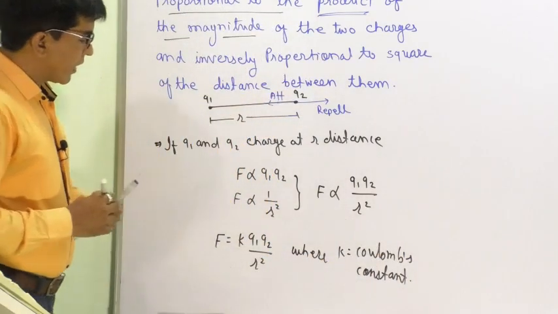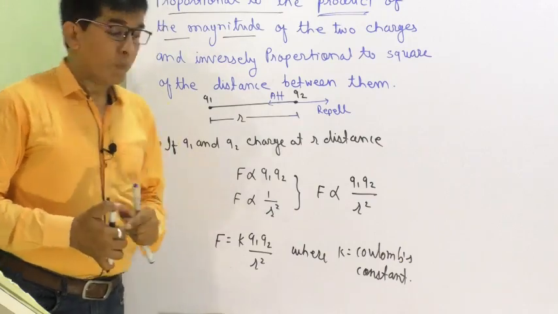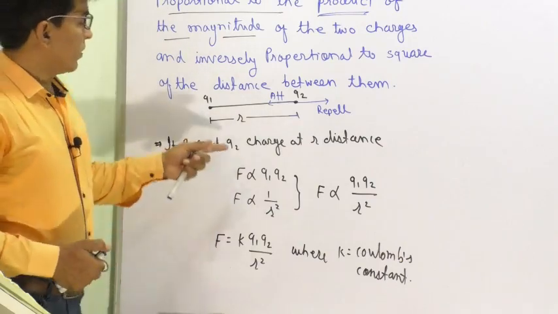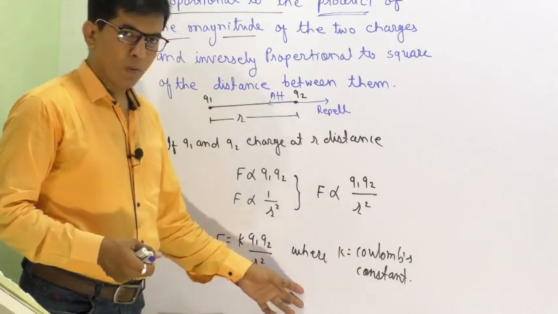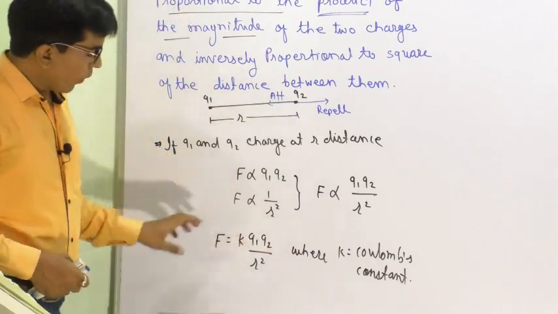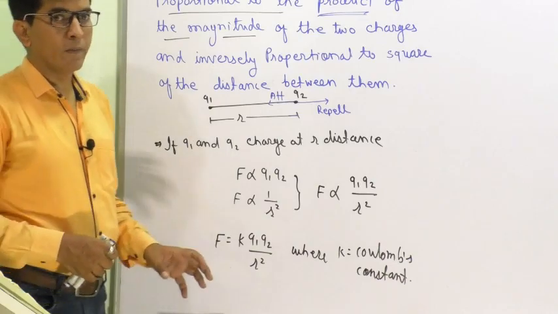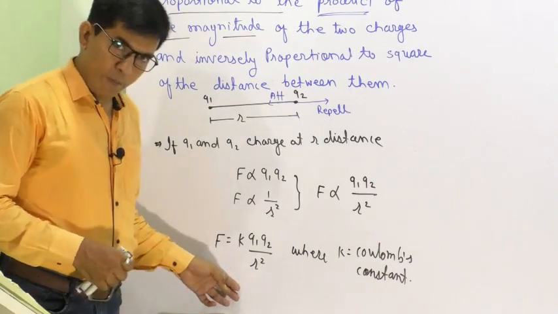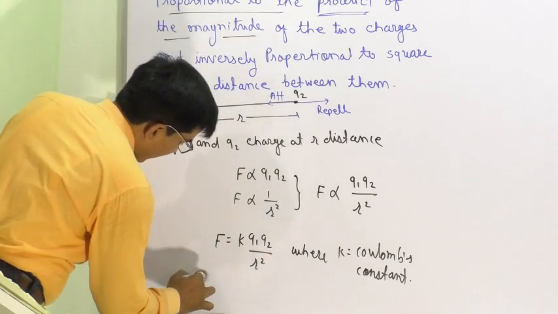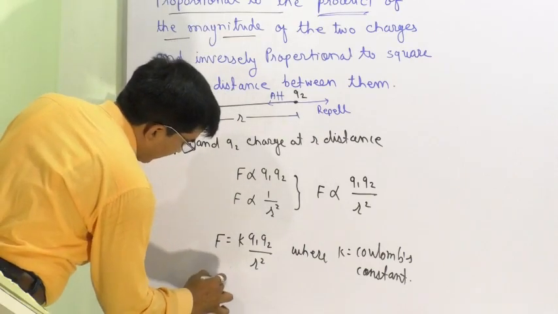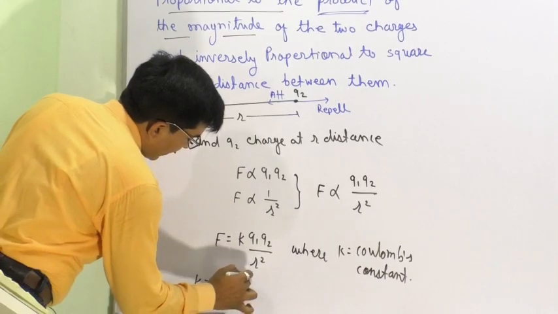Value of Coulomb constant for free space, because Coulomb has performed this experiment for free space. So all values are calculated with respect to free space. So here the value of K is equal to 9 into 10 raised to 9